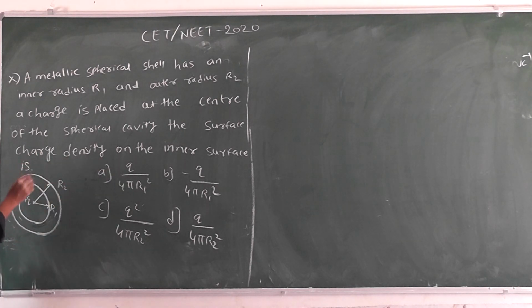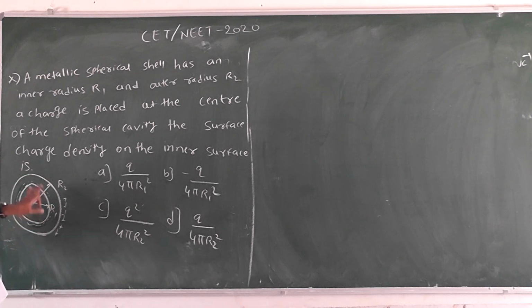So if we simplify, in this figure the center is a positive charge. So negative charges are induced here because negative charges are attracted to positive charges. Here the center is a positive charge. So which type of charges are induced on the inner surface? The negative charges are induced on the inner surface. Suppose negative charges are induced on the inner surface, then positive charges are induced on the outer surface. Here the center is a positive charge. Okay. So which type of charges are induced here? The negative charges are induced here. Suppose negative charges are induced here, then outside the positive charges are induced.